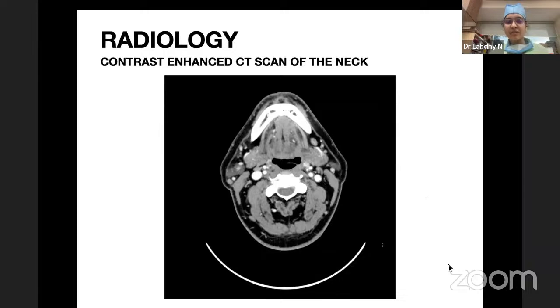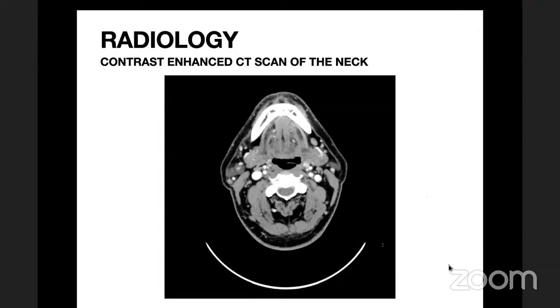Or I can just do a fiber optic laryngoscopy guided biopsy. All right. The answers are a little vague here. Which one will you do on Monday and Wednesday? You'll do flexible and on other days DL. You have to tell us what you'll do. Examiners won't be kind. You have to tell what you'll do and why. Your answers are right. Your logic is right. But which one would you prefer?